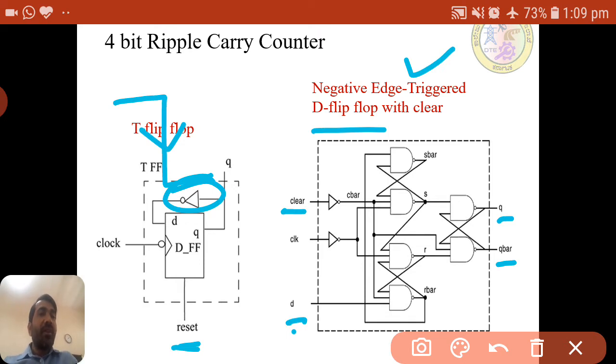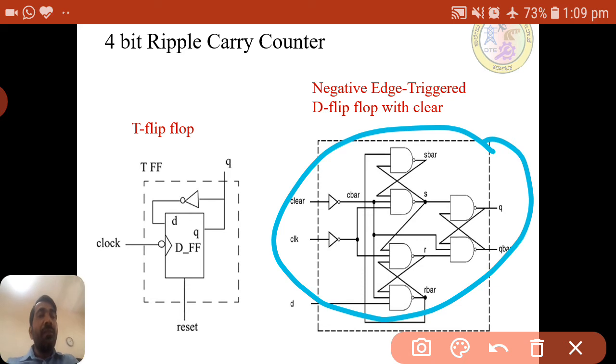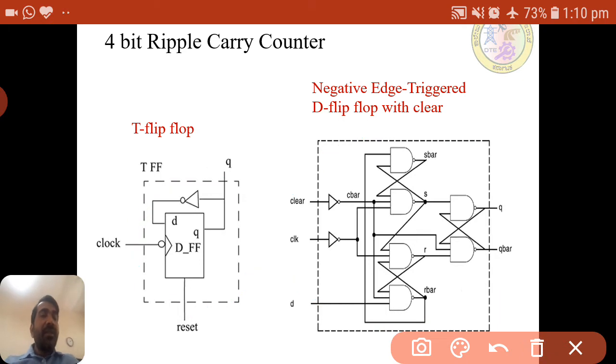The NOT gate output is given to the next stage, similar to D here. Q bar is again given to the output Q like this. So this whole circuit provides the job the T flip flop is doing. This is the internal circuit.